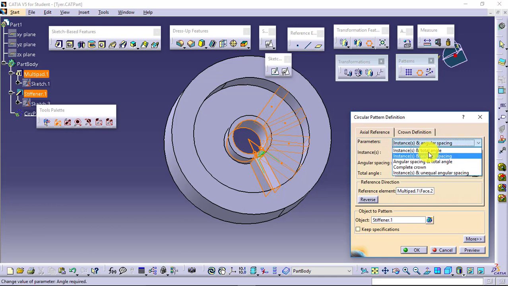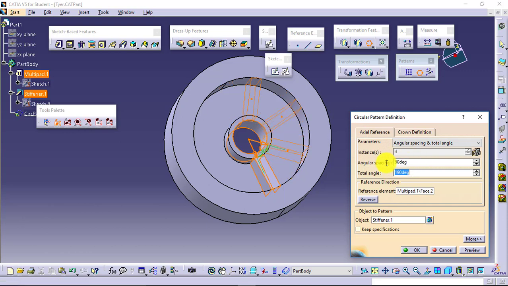Okay, angular spacing and total angle, so I have a total angle of say 190 degree, and between two entities the angle should be 50 degree. Software will adjust, I will not. Complete crown, it doesn't matter what the angle is, what we need is the total number of instances. In 360 degree I want 6, and I will get 6 results.